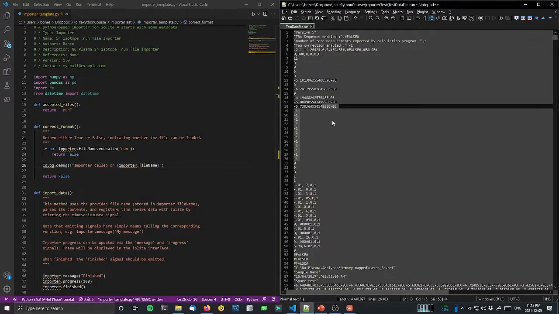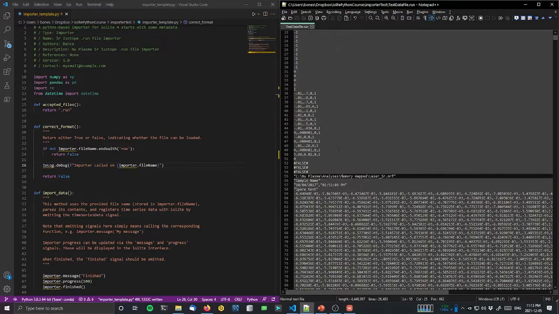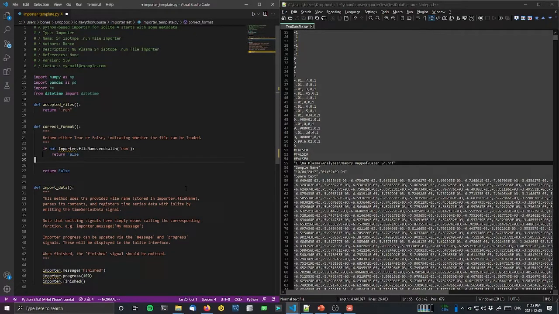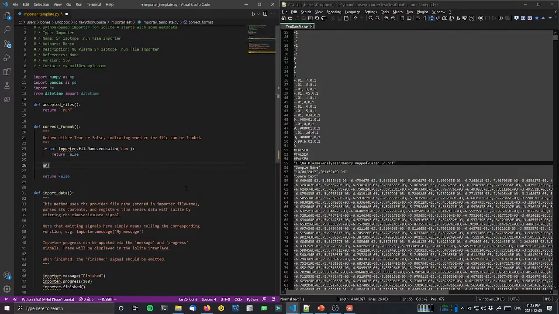So we can do that by going in here, and we'll have a look for the bit that identifies this as a strontium file, and that's this laser_strontium.nrf part here. So we're going to do a little regex to see if we can find that. So we'll get rid of this line here, and we'll say nrf_regex. This will be our regular expression, and we're going to say laser_strontium, and I could just put a dot, but dots match everything in regular expression, so I'm going to escape it with a slash and say nrf,